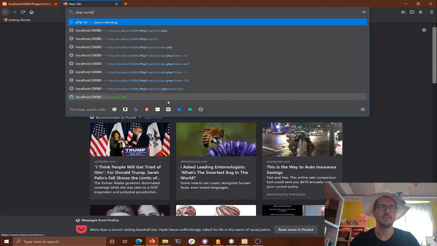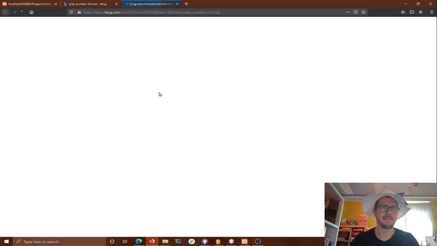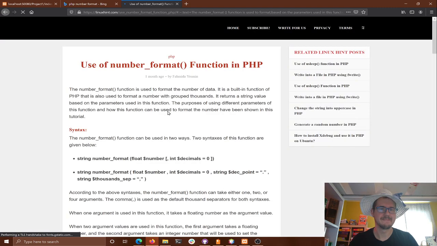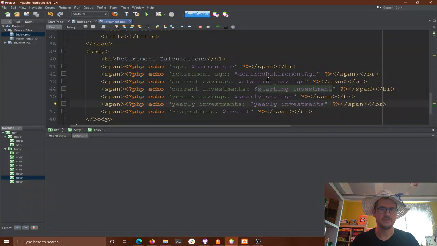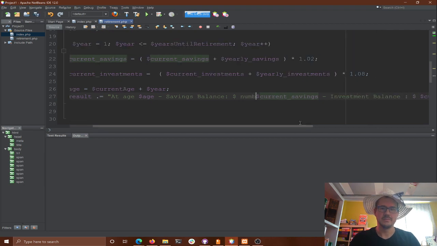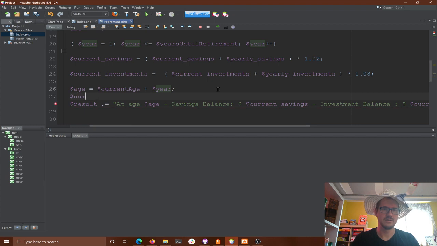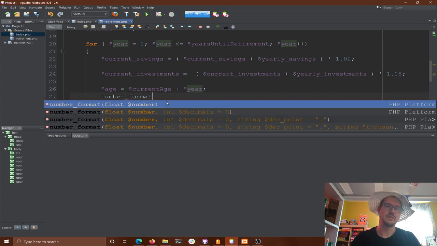So, I don't know, PHP number format. It's in the textbook somewhere, but this is probably faster. Is the first hit a good one? Number format, okay, all right. Number format, let's try it. So we want number, oh, it won't even do that, will it? That's a bummer. Number format. Okay, so we're going to have to do this.